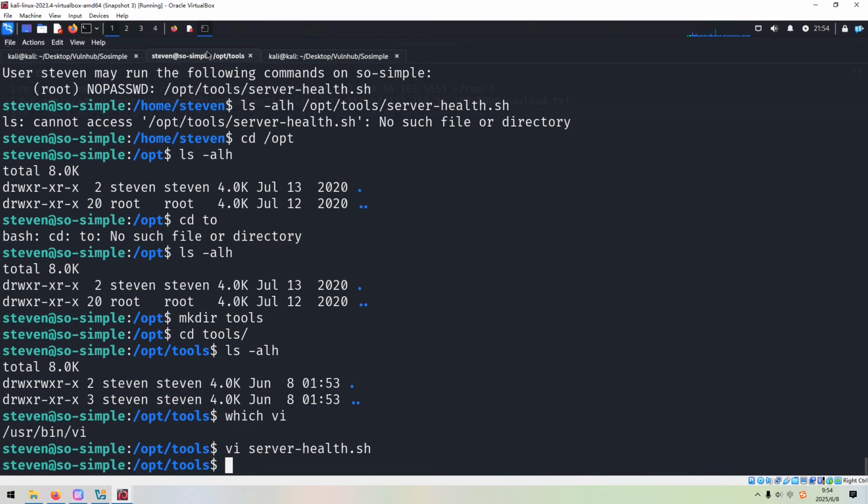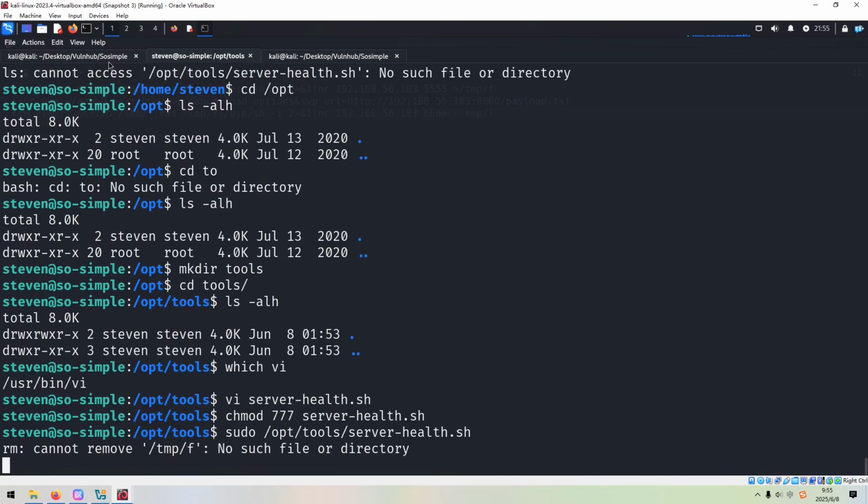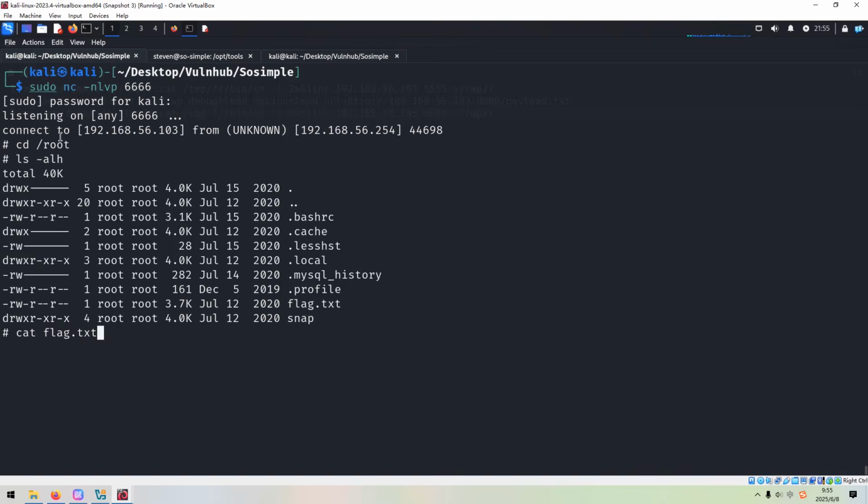Now we can run sudo, and we need to make it executable. And then we can sudo followed by the path of this script. We can copy. As you can see, we have already got another connection with the hash symbol. We can know we are successful in elevating privilege. So now we can navigate to the root directory to get the final flag. So I think